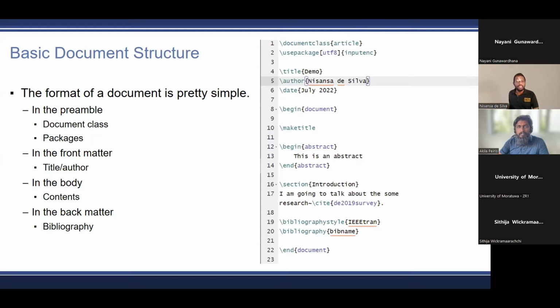Let me start with this question: is there any section or help button to get help while editing the document? Yes, on Overleaf itself, if you go to their site, there is a whole lot of tutorials and guides given to you, which you can follow.